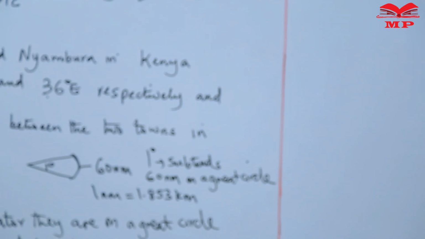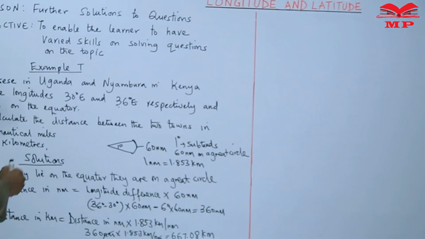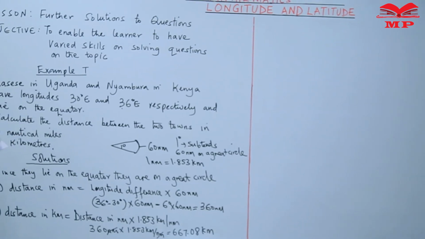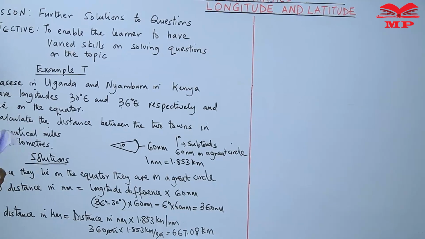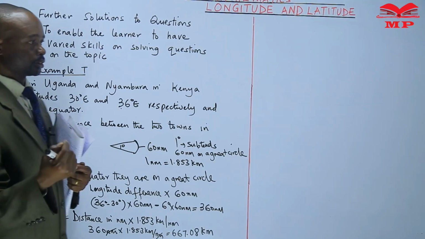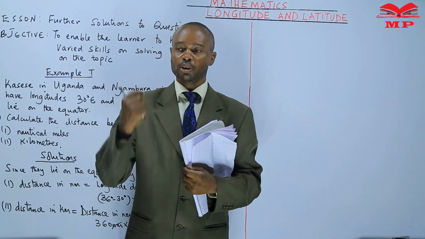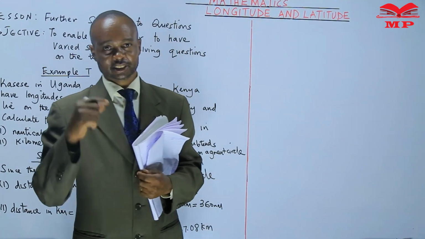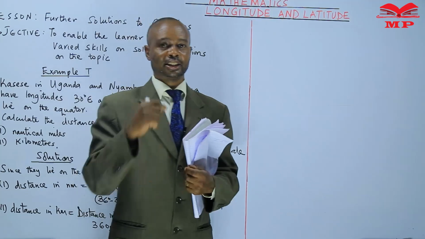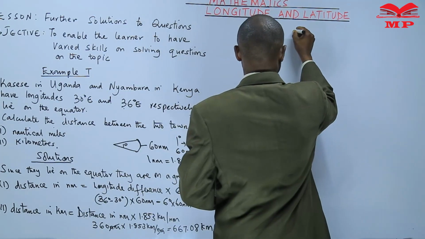So Lana, as you read the question, always find out if it is on a small circle or a great circle. All latitudes will be small circles except the equator. All longitudes are great circles. So for the assignment,